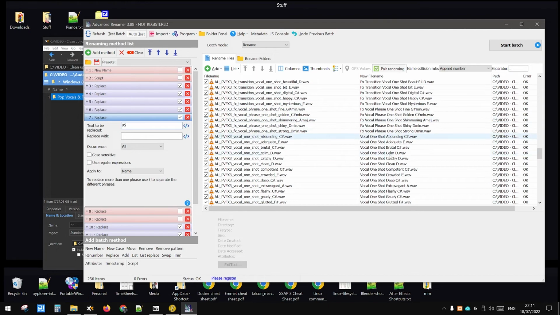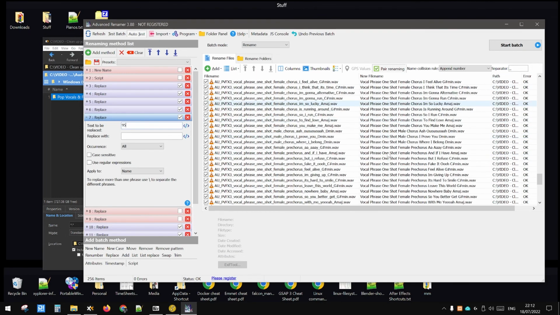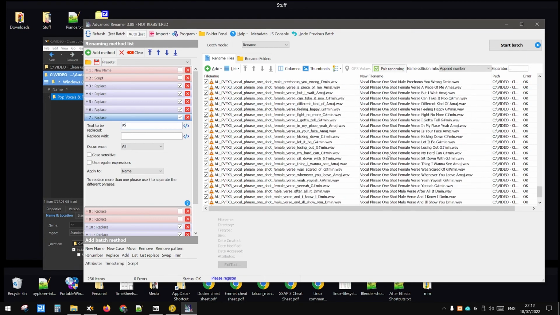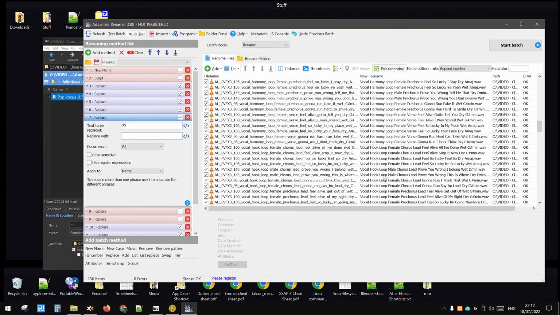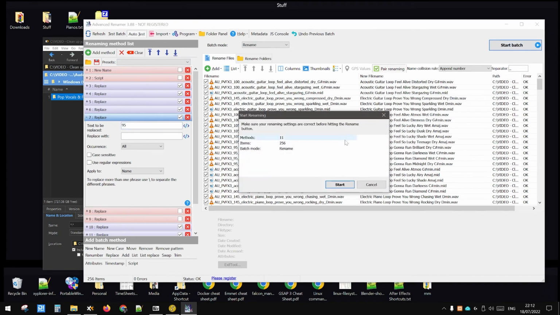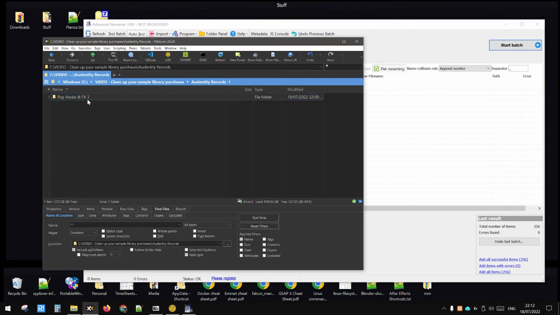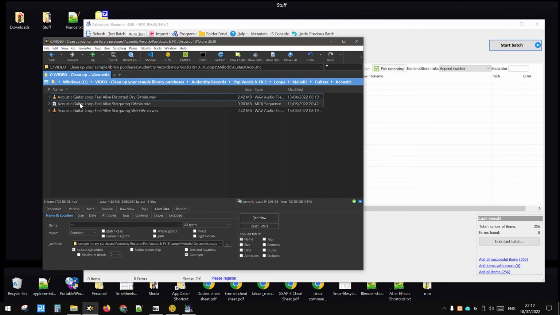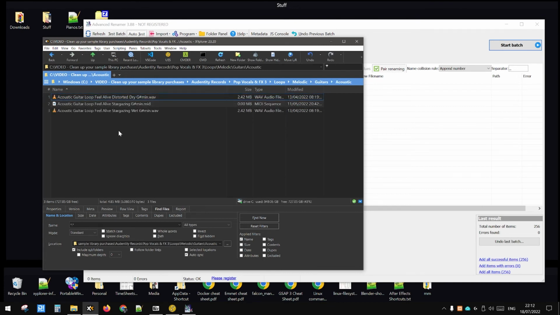FX local one shot. Can we clean up anything more? You don't want to go too far. And remember, these are file names, not the folders, so it's good to have a bit more description. And click start batch, start, and you're done. That's it. Everything's now nice and clean. Still very long, but